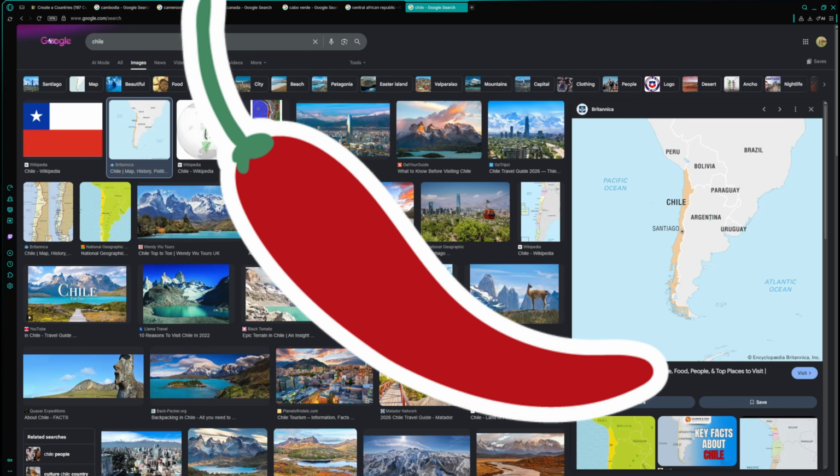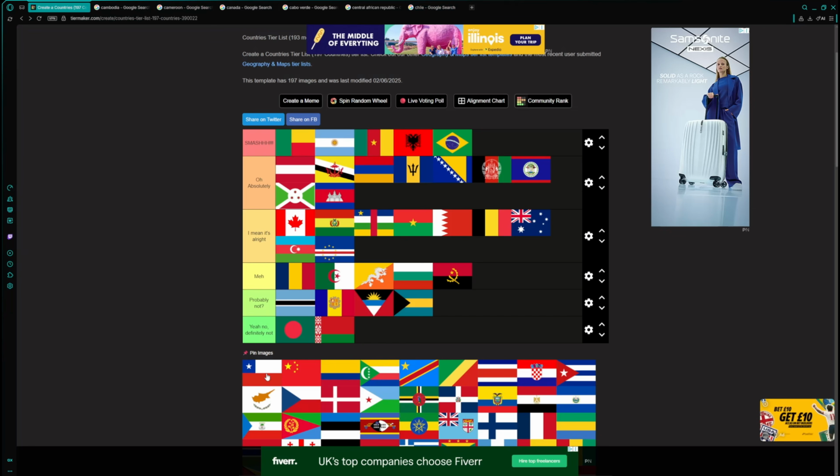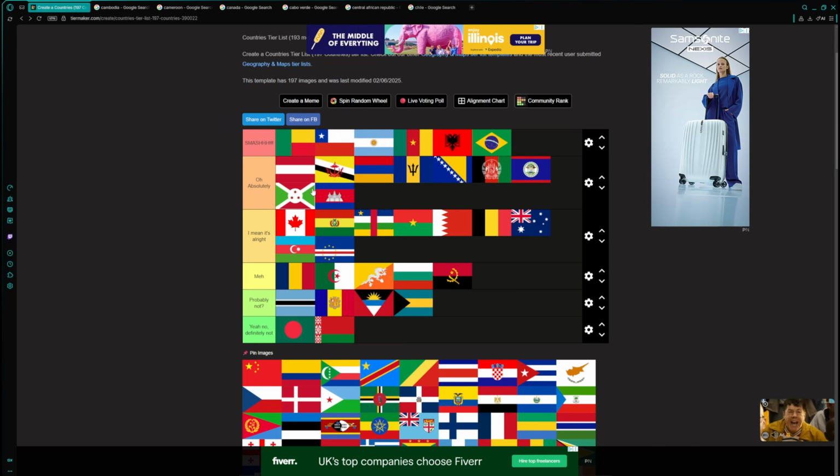Now the next one is Chile, and I'm just gonna say it, Chile's really good. I mean, it's curved at the bottom, it goes up, it's nice and long. Chile is really long. It's possibly the greatest length that I've ever seen. Okay, really, really long. It's perfect because it's so long. You know, you want big long things when you're trying to crack, you know? So let's go in above Argentina.